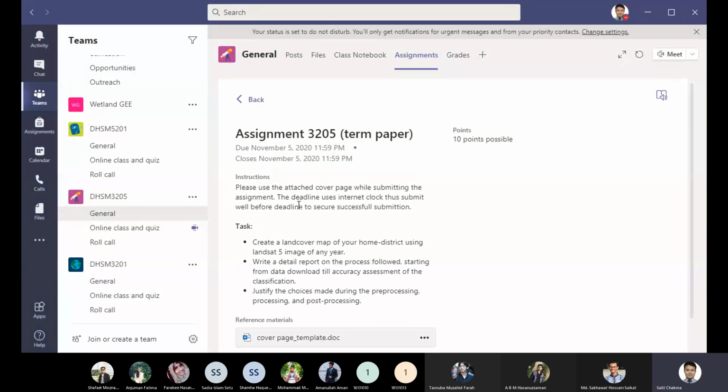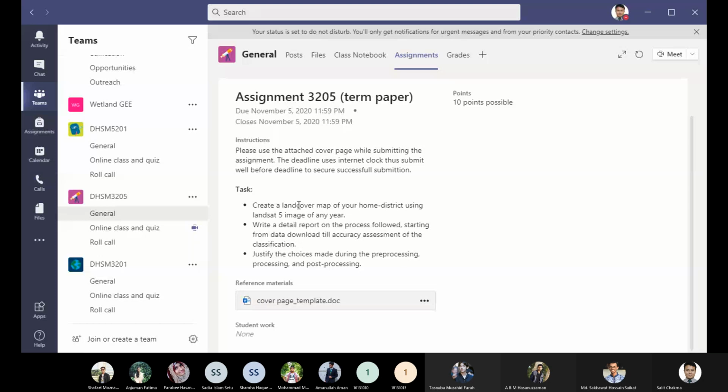ওকে, এই জায়গাটাতে দেখতে পাচ্ছ যে তোমাকে প্রথমত একটা ল্যান্ড কভার ম্যাপ ডেভেলপ করতে হবে। কীভাবে? ল্যান্ডসেট 5 এর ইমেজ ইউজ করে। তোমরা যেটা করছো সেটাও সম্ভবত ল্যান্ডসেট 5 এর ইমেজ, but সেটা ঢাকার স্পেসিফিক একটা ইমেজ। তার মানে কাজটা করতে গেলে প্রথমে ইউএসজিএস এর আর্থ এক্সপ্লোরার বা গ্লোভিস থেকে তোমার দেশের বাড়ির এলাকার ল্যান্ডসেট 5 এর একটা স্যাটেলাইট ইমেজ ডাউনলোড করে নিতে হবে।